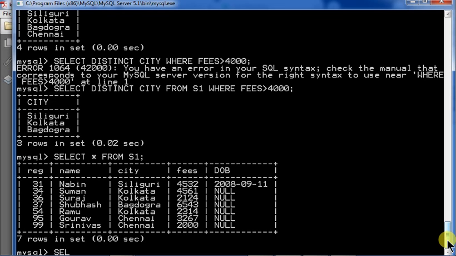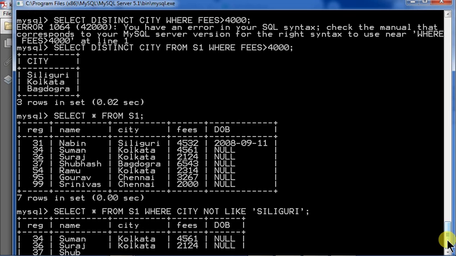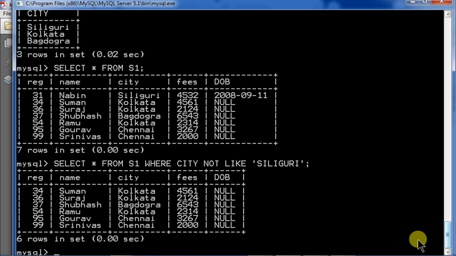So select star from S1 where city not like Siliguri. That way we can use it. The Siliguri data have been removed; only the Kolkata data, everything other than Siliguri, has been displayed.